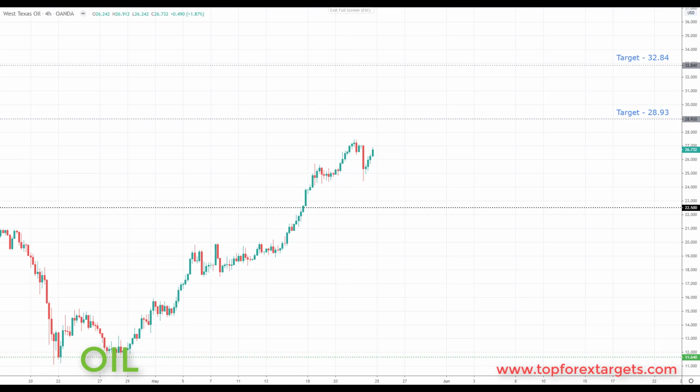So the next market we're going to look at is crude oil. Now, last week we were looking for further advances to the upside in this market, and we did come and take out both targets set from last week. First of all, at the 24.95, which was right here. And you can see we took out this target and we paused before rallying, taking out the second target at the 27.28, which was right here. And we sold off from the second target last week,